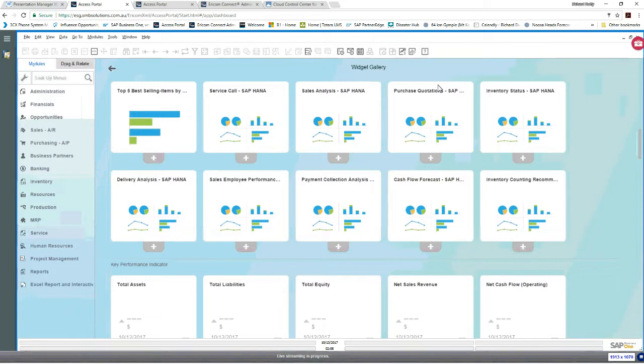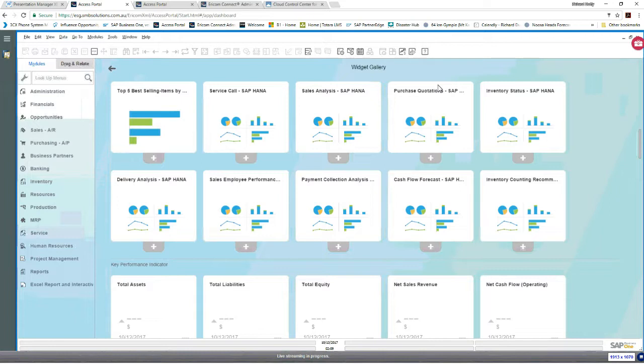The fact that HANA has a different way of storing the data, with a lot of the aggregation and a lot of the structuring of the data already done in the background for you, and the data is stored with those structures in place.